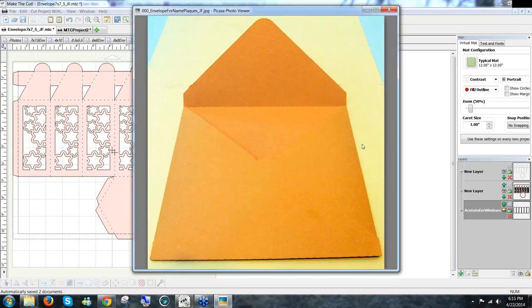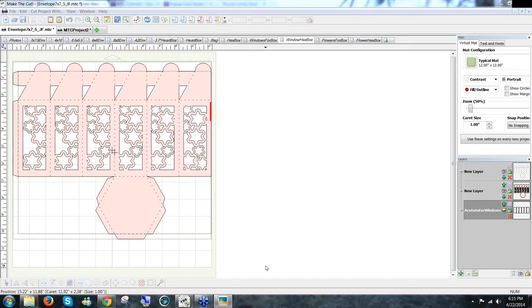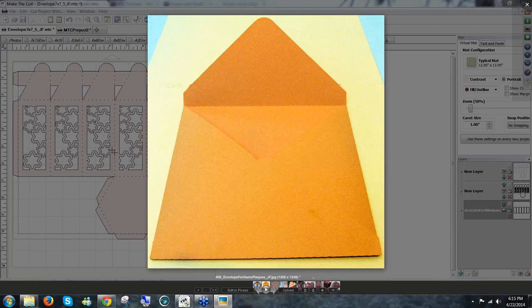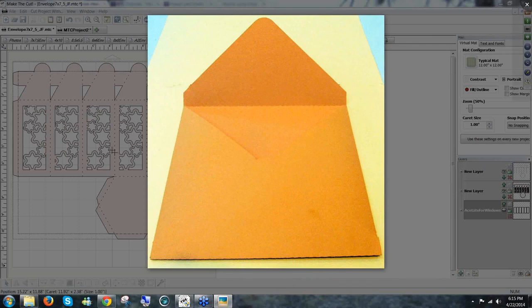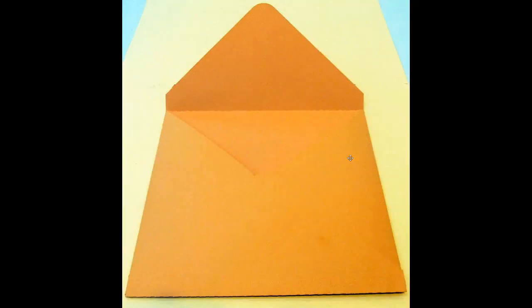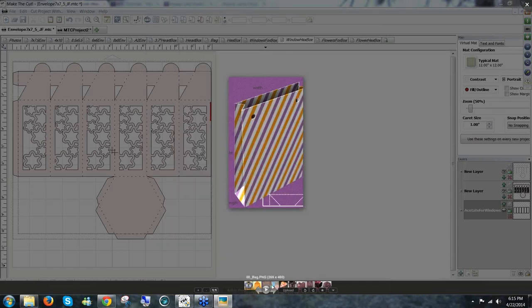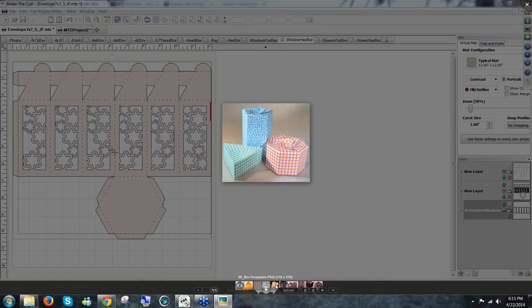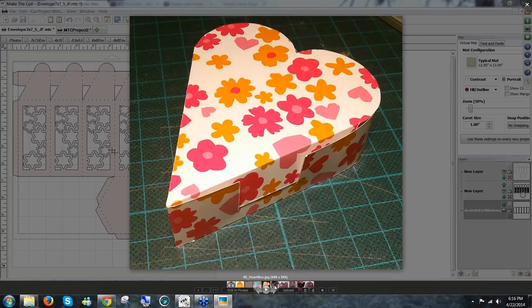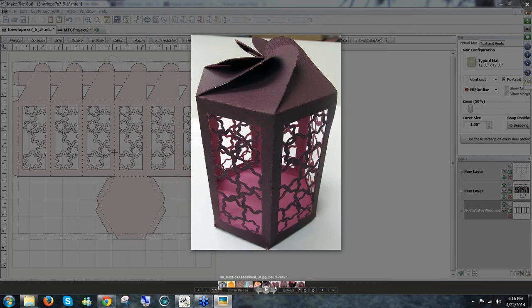This is the envelope. Let's see. Got a slideshow and I want to go to the next one. Learn how to use it. This is the bag. These are the boxes and the heart box. So this is the lantern that I made, and I kind of did this in steps, but this particular picture,